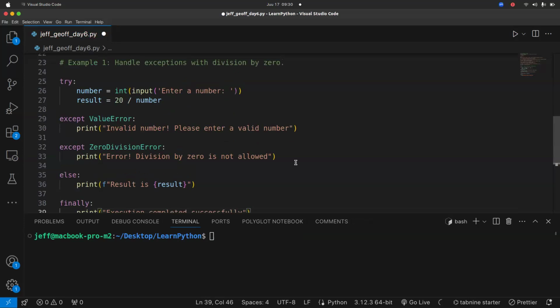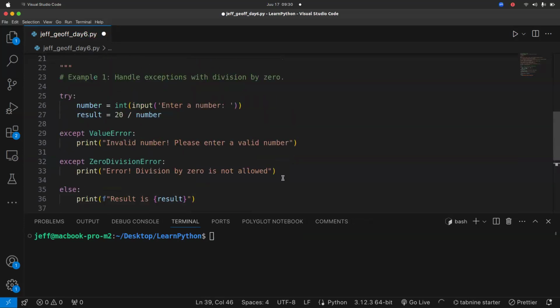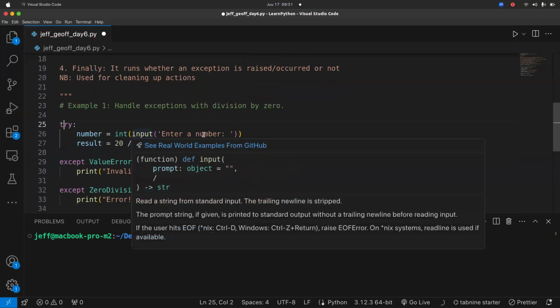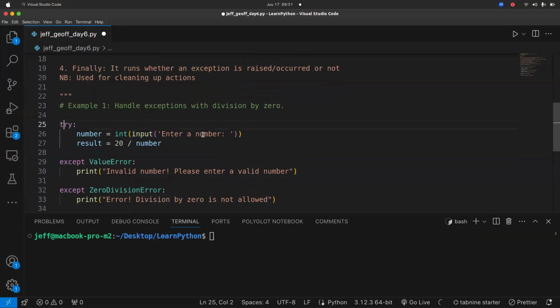Now, I'm going to try to explain this line of code one by one so that you understand. So the try may raise an exception if you try to put a value error or division error. Then the ZeroDivisionError is that you cannot divide a number by 0.